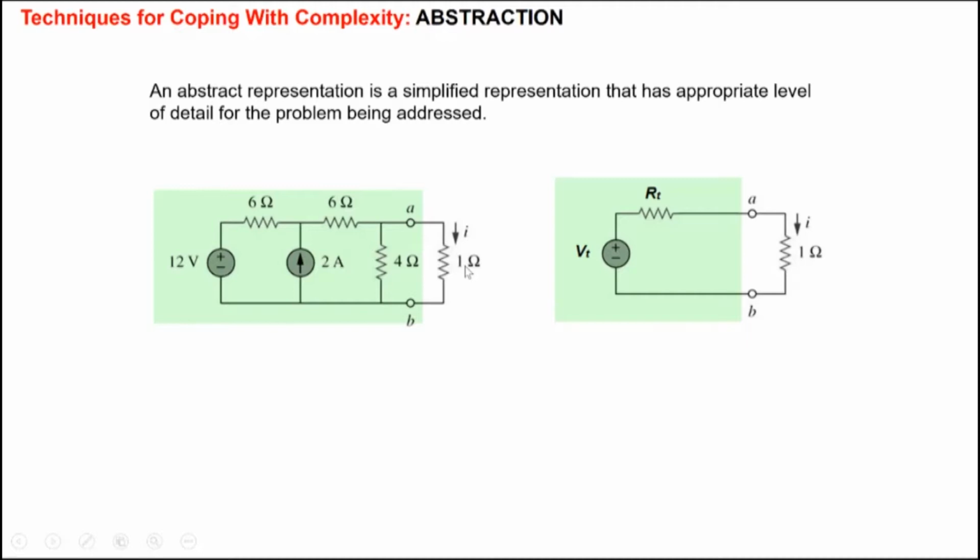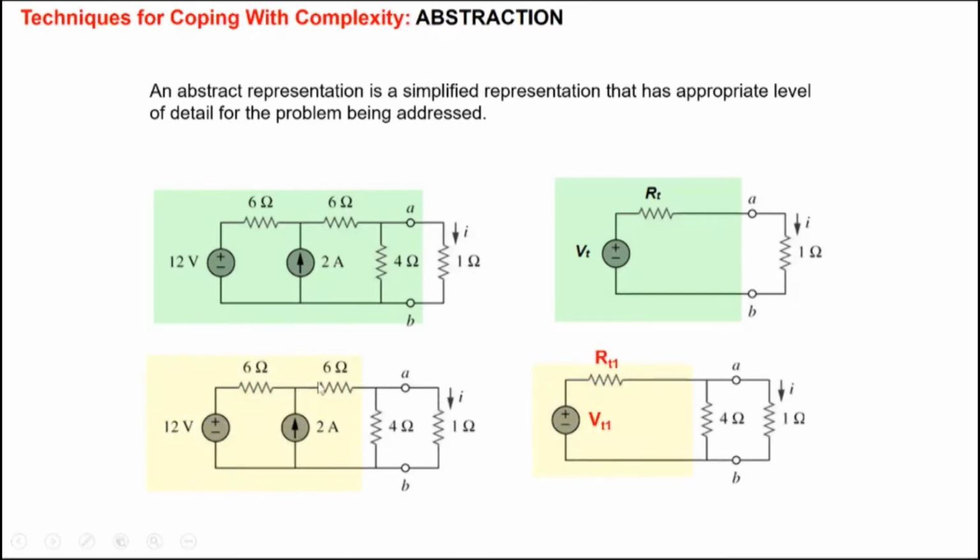And if our interest is not in 1 ohm, but let's say 1 ohm and 4 ohm resistor together, then we could take this part of the circuit and transform it into again a Thevenin's equivalent like this here. So obviously the circuit that you see here is much less complex as compared to the original circuit here. And if we had 100 components and we had just reduced it to, let's say, 3 components here, there's a drastic reduction in complexity, and